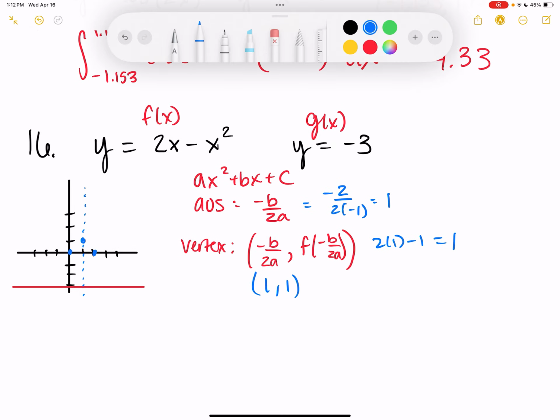So if I plug in negative 1 for x, I'd have 2 times negative 1 minus negative 1 squared. So that's negative 2 minus 1, so that's negative 3. That worked out nicely. So I'm 2 away on that side, I have to be 2 away on this side. So the area I'm looking at is,